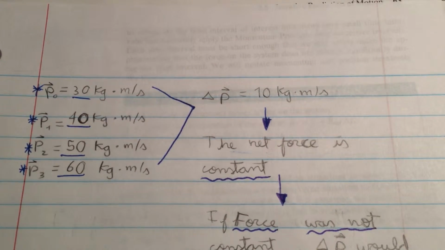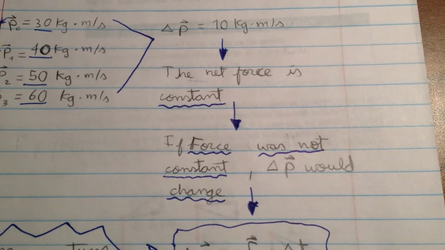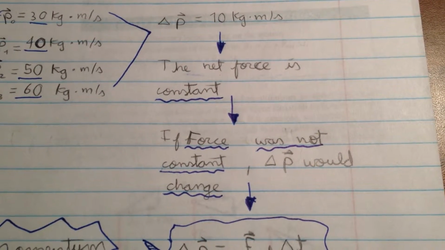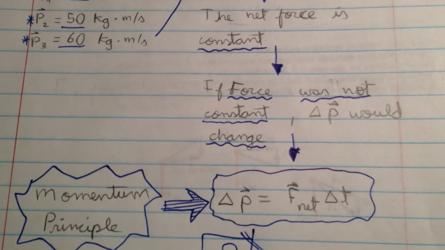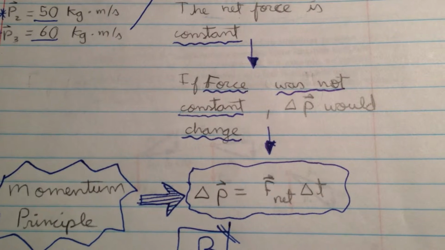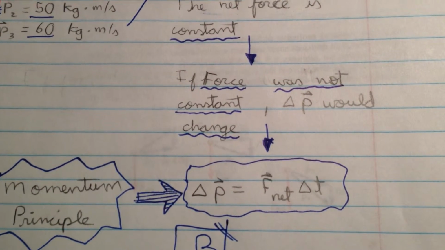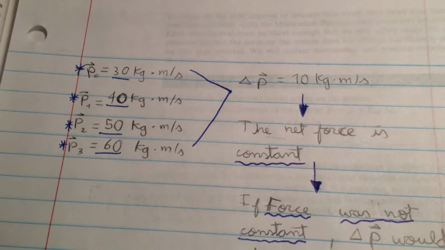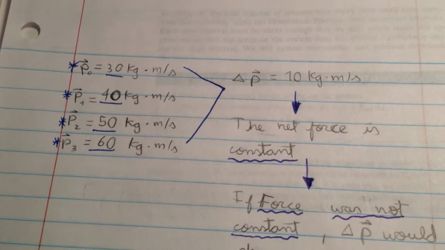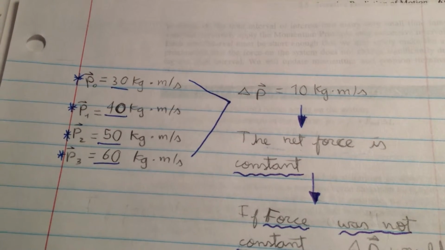How can I get to this conclusion? If force was not constant, the change in momentum would change. And this conclusion, this assumption, could be taken from the momentum principle. If we see the momentum principle, the change in momentum is equal to the net force times the change in time. As the change in time for each of those situations is 1 second,